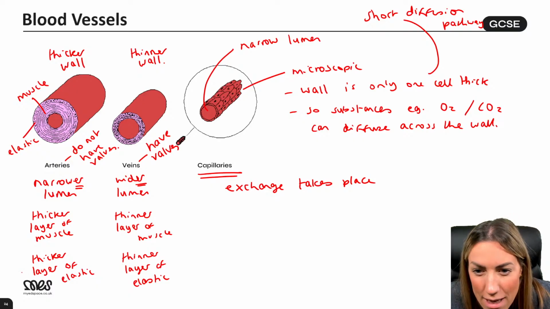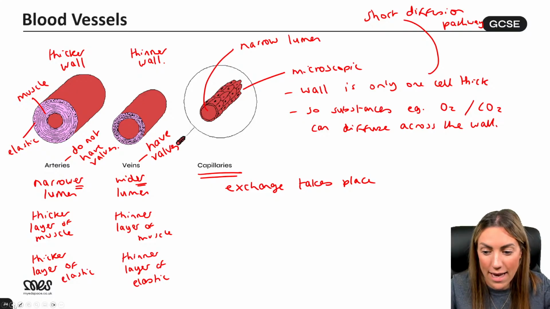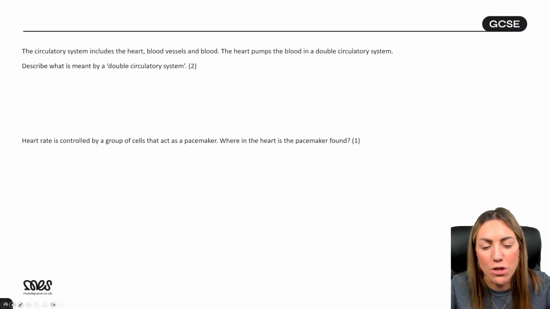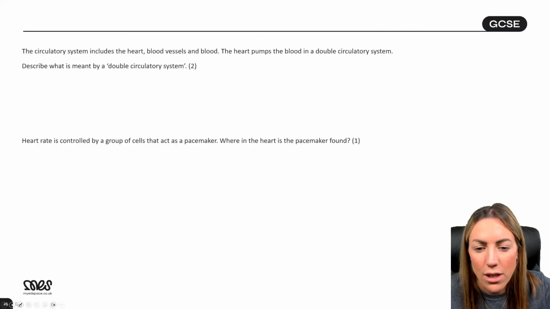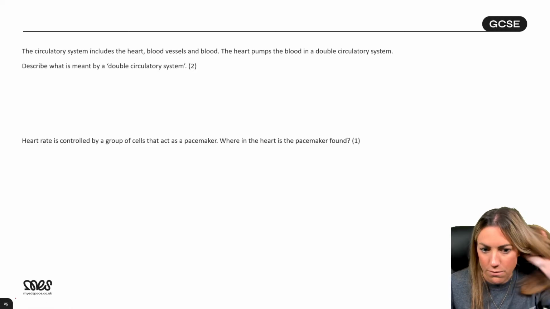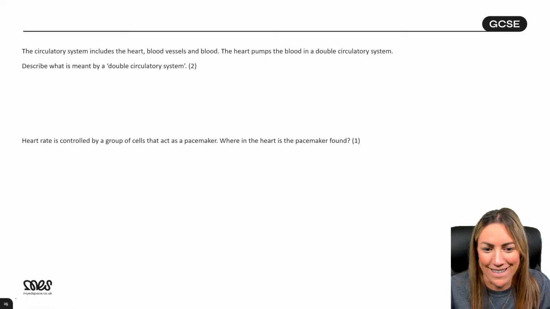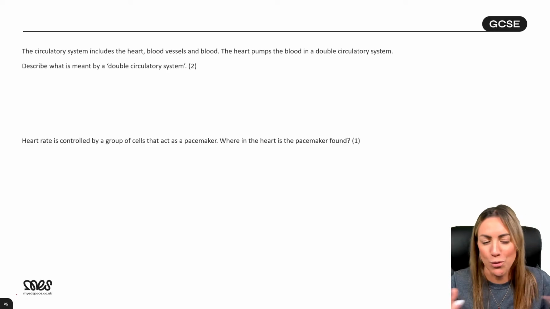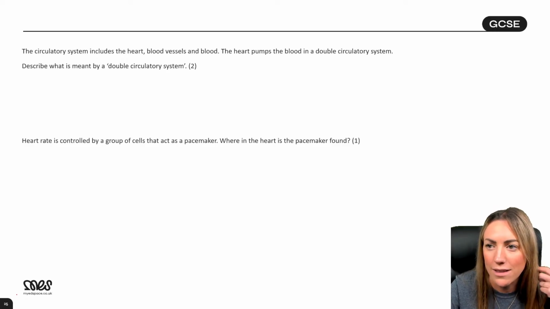Laura, can you please tell me if I have a 1 marker but I write 2 things, 1 is right? You'd lose the mark. Yeah, if it said give 1 and you give 2 and 1 is wrong, you would lose the mark. So don't. You can give 2 and if they're both right, it's fine. But if 1's wrong, the examiner thinks you're hedging your bets and you're not sure which is the correct answer, so they will deduct a mark.